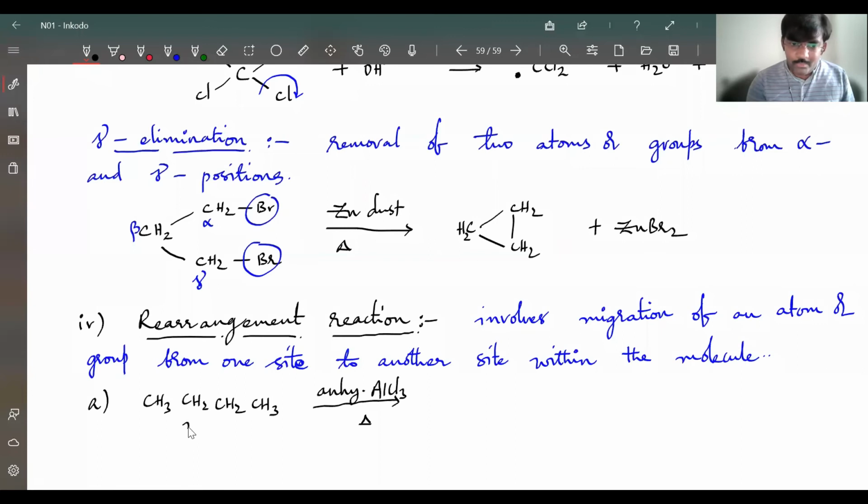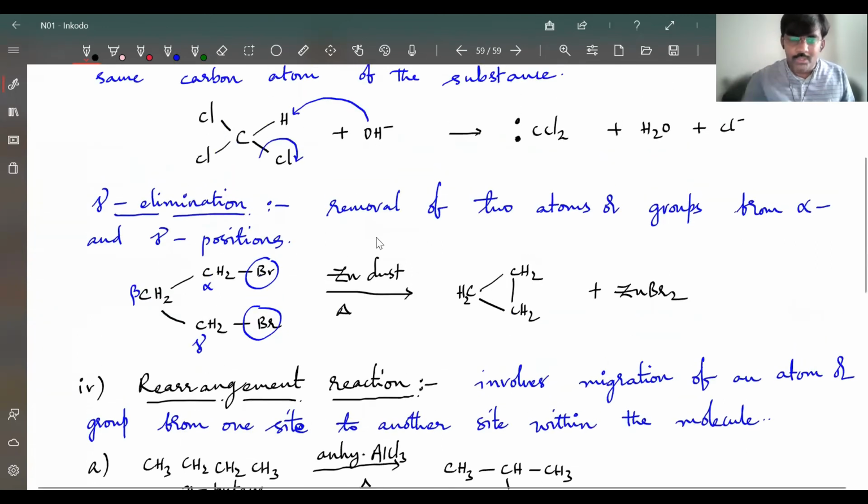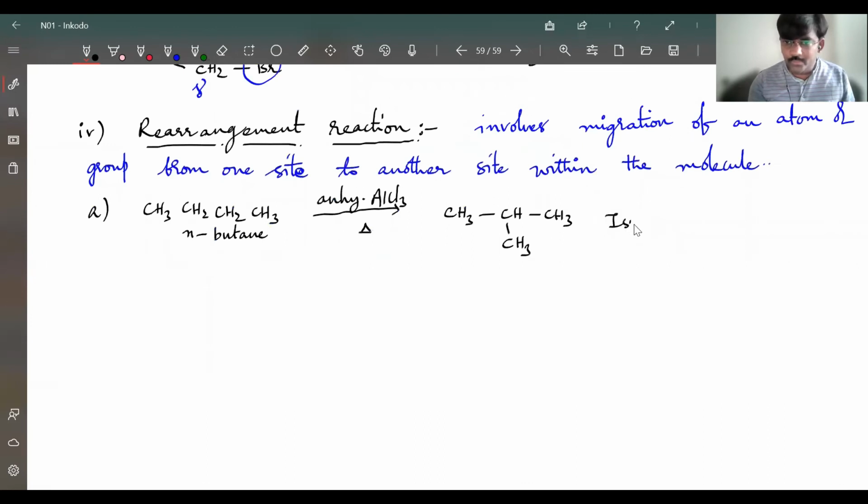So that time, this is n-butane. That n-butane will give you isobutane. That means its isomer will come. Chain isomerism will take place. So CH3 and here CH3 will come here. So one of the methyl groups is shifted from its position. So that is what happened there. That hydrogen is replaced with a methyl group. That hydrogen came outside. So this is just a simple rearrangement. Normal chain is converted into iso. This is isobutane, you can say.